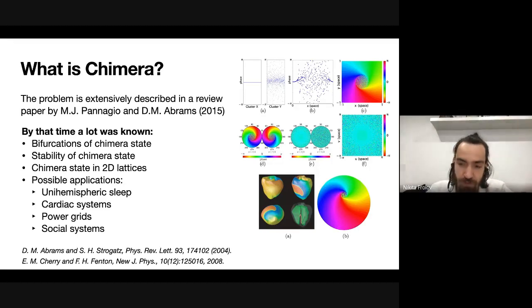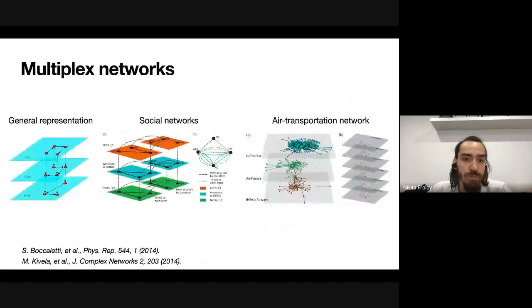such clustering phenomena. But we are interested in moving towards some realistic models which could give a good description of real-world processes. One of such networks, one of such concepts of networks, is a multiplex network,